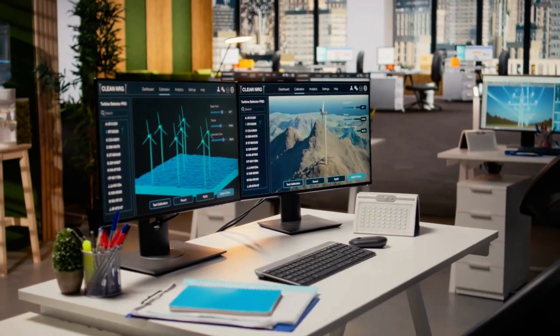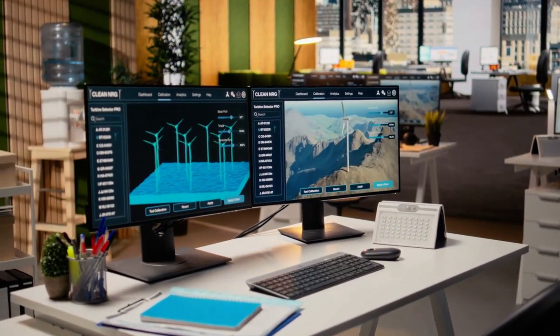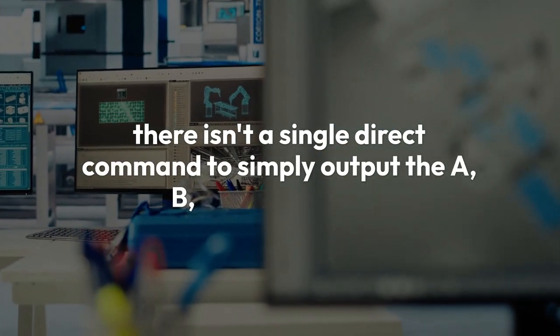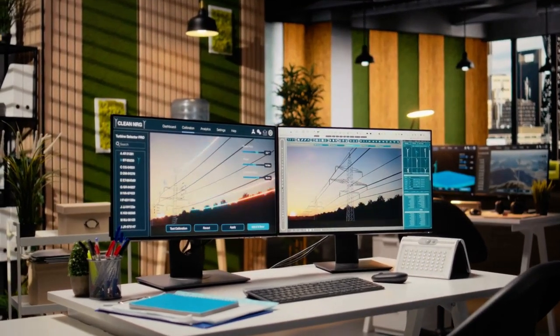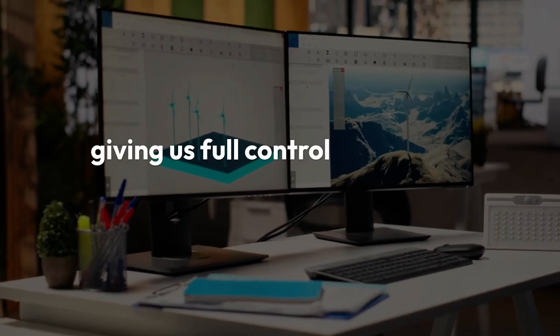While APDL ANSYS handles these calculations internally when you define a layered shell section, there isn't a single direct command to simply output the A, B, and D matrices. However, we can use APDL's powerful scripting capabilities to calculate them step by step, giving us full control and insight